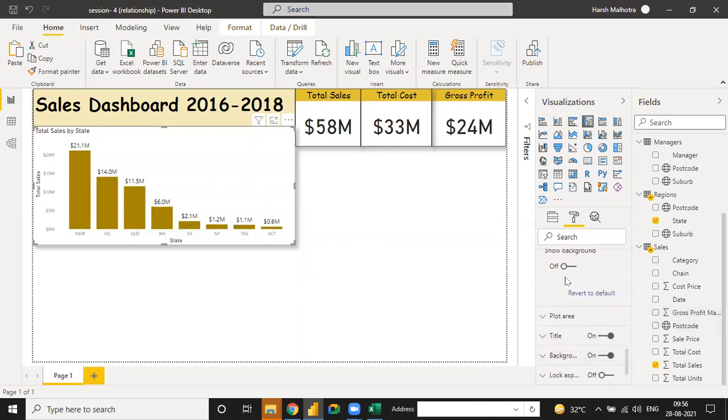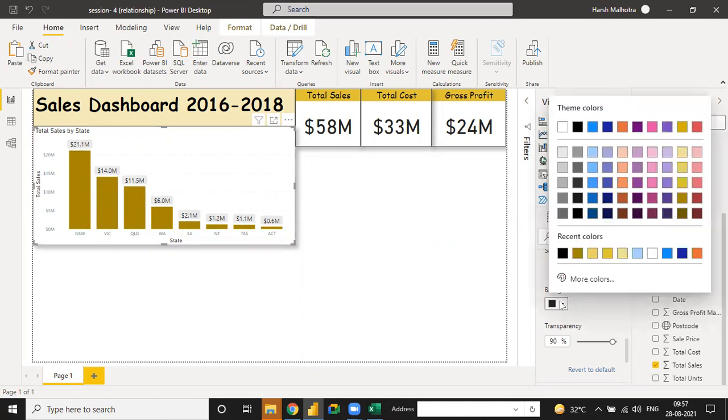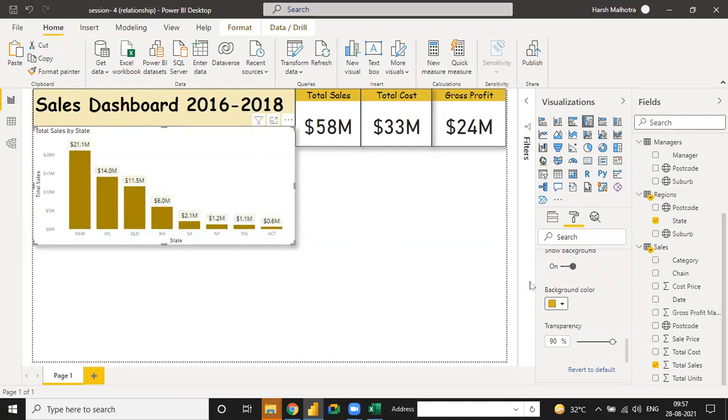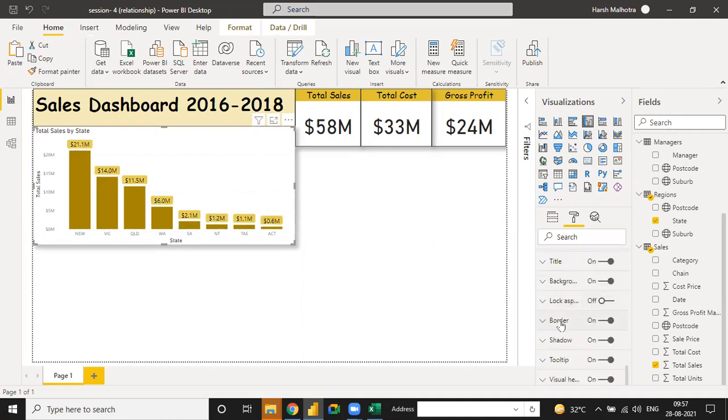And now show background, see this kind of changes you have to make. Background color, if you want, you can choose this color and make the transparency over, see, like this. Okay, and also use the title total sales by state, so you can change the title as well.